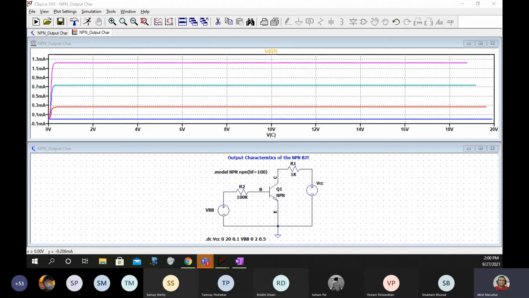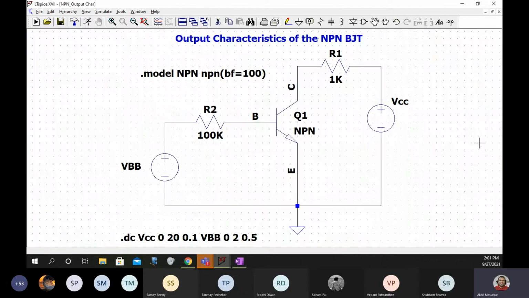Now, first of all, what you do is close the graph. I am also closing the graph.